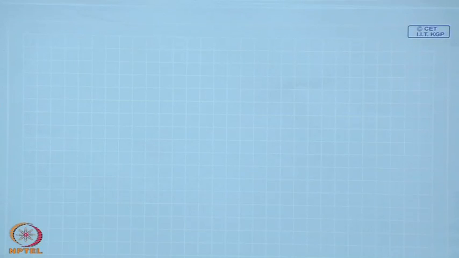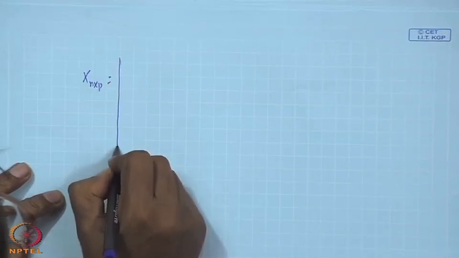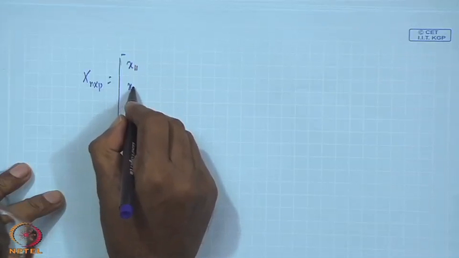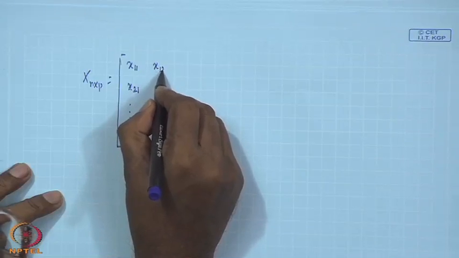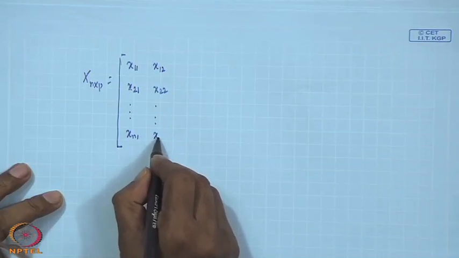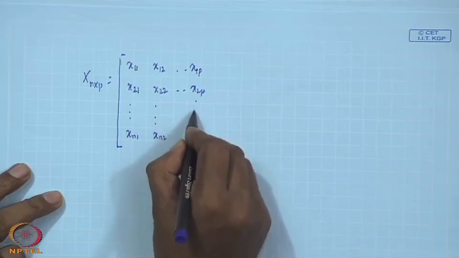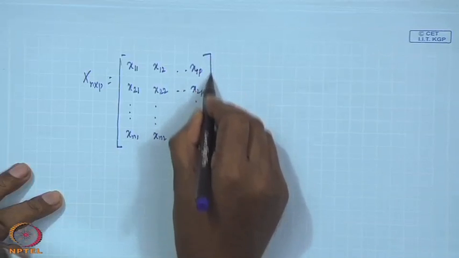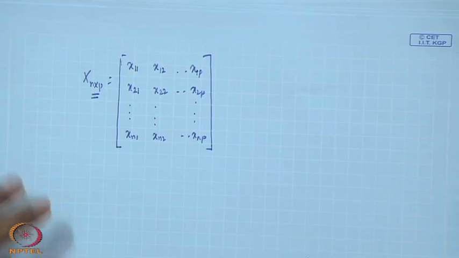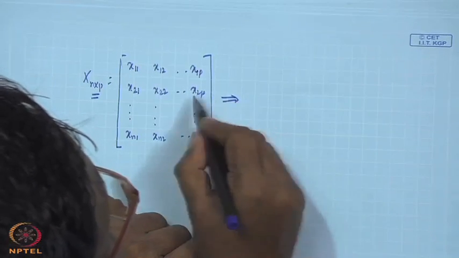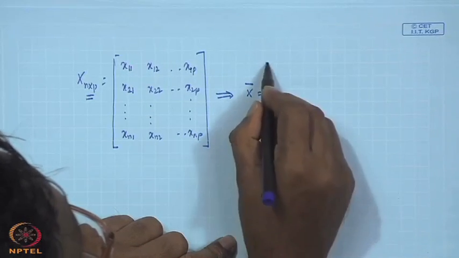Our earlier data matrix was X, n cross p, with entries x 11, x 21, up to x n 1, then x 12, x 22, up to x n 2, and so on up to x 1 p, x 2 p, x n p. That was my sample data, and it is n cross p. You want to compute x bar from this sample data, and x bar is a p cross